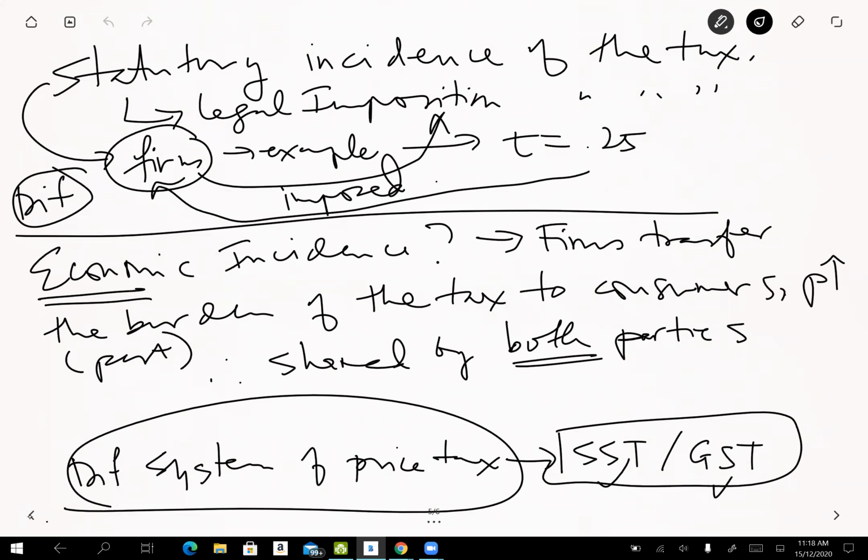I think the problem with us is not the system of the tax, it's the system of conducting the tax. You don't enforce, you don't monitor. There are so many leakages, corruption, things like that. So that's why you have less revenue. It's not a matter of system, it's a matter of implementation. Even under GST, if you are corrupted and there are so many leakages, that will not raise the revenue that you need.